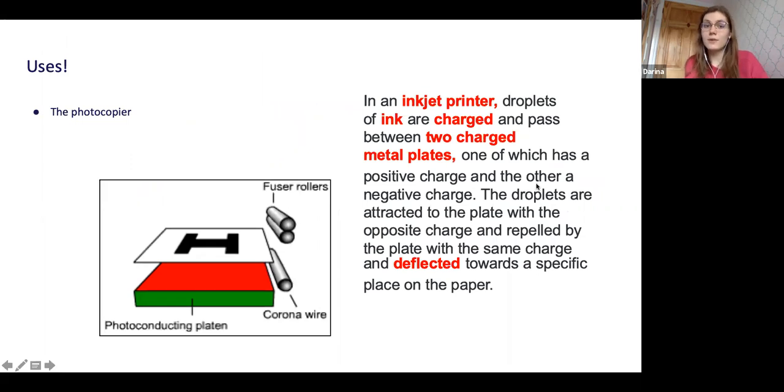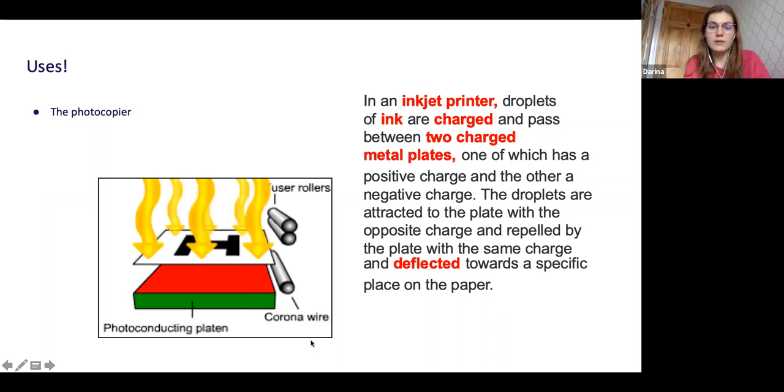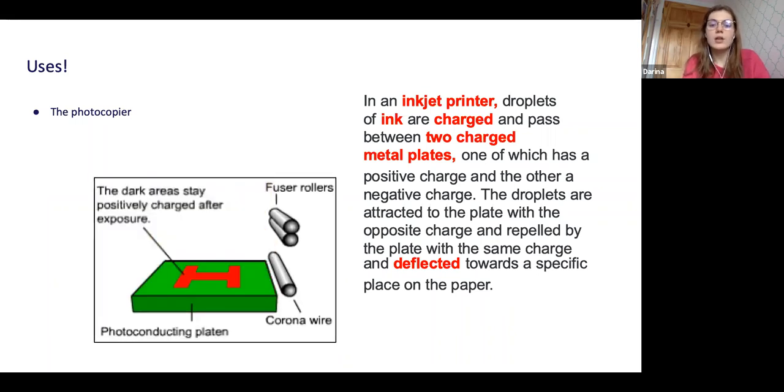Let's have a look at some of the other uses of static electricity then. So we have firstly an inkjet printer. In an inkjet printer, you have droplets of ink which are charged. They're passed between two metal plates. One of them has positive charge, one of them has negative charge, and the droplets are attracted to the plate with the opposite charge. So here we have a diagram of this working, and essentially you then end up with